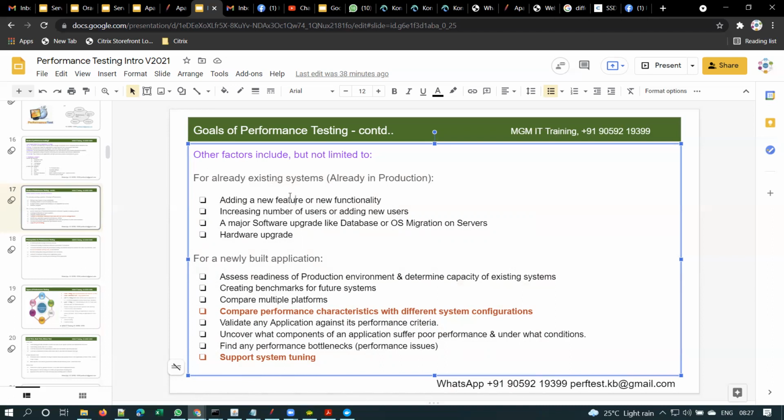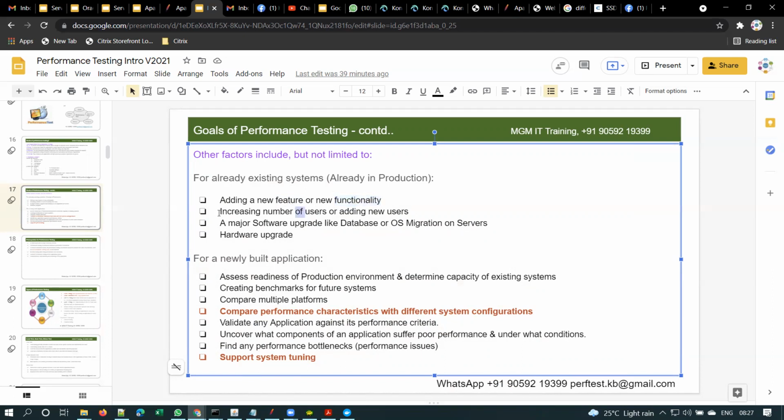So whenever such a new feature is introduced for any application, we have to do performance testing to make sure that the new feature is not adversely affecting the performance. Because of this new feature, the performance of the application should not degrade. That's why whenever a new feature is introduced, we have to do performance testing.